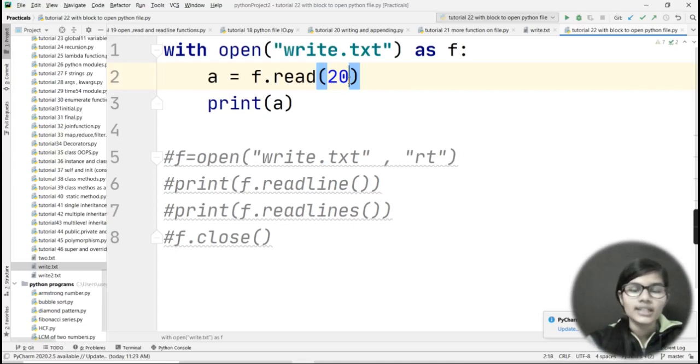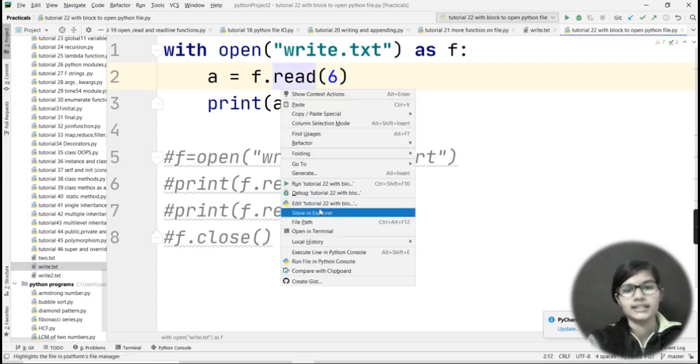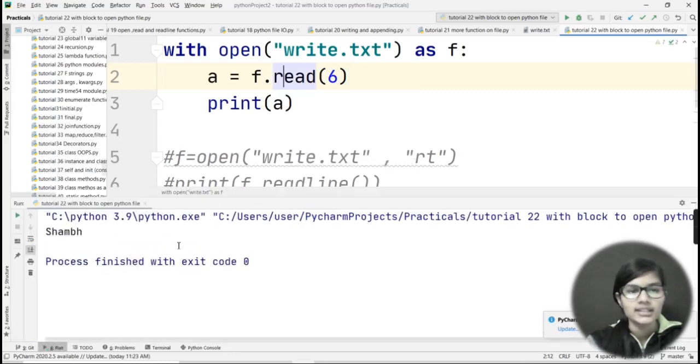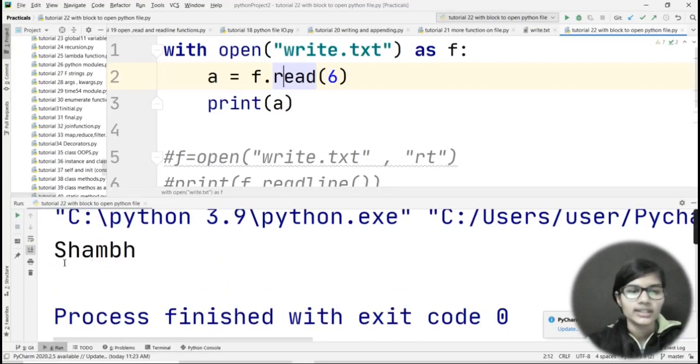So it was printing me the string from the 6th index. But my with function, what it is doing is that, let's say I wrote 6 here, so it will print me the string till the 6th index. Now let me run it. See, I got my string till the 6th index. So this is the difference: if you want to print the string from a respective index, then you use seek function, and if you want to